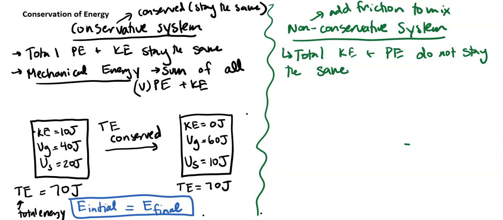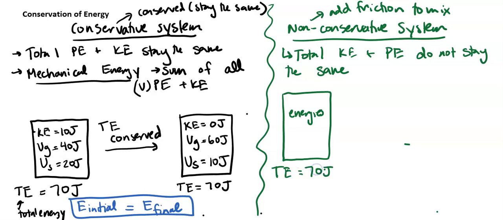Cool. So let's go ahead and do a little example. Let's say we have the same kind of system. So there are some energies here, okay? And let's say the total energy is still 70 joules. And we have a variety of different kinetic, potential, spring energies, just like last time. So we'll do two examples. If the work is going to be, and I'll do it in a different color,